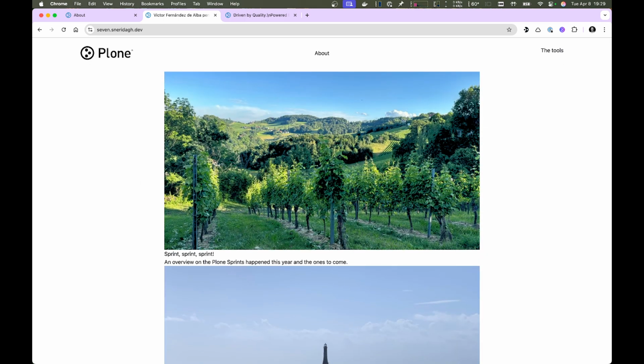7 uses the same cookiecutter Plone setup as Volto. That means that you won't need to learn anything new. Just apply the same familiar patterns, including using add-ons to customize your site. Let me show you another cool thing that you can do today with 7. So let me show you,